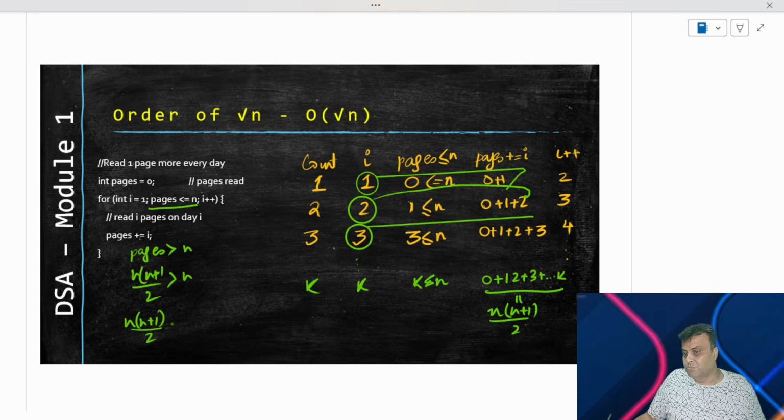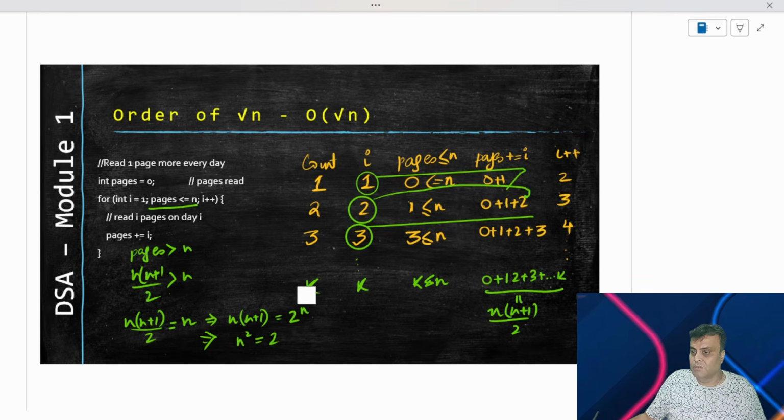If I just put equal to, going from an inequality to an equality equation translation, then can I say this? Of course, I can say this. Just after this, it will stop, is what I'm saying. Greater than means just after this equal to, it will stop. So can I say that it is n into n plus 1 is equal to 2n? Right? And for all practical purposes, can I therefore neglect the other powers and say n square is equal to 2?